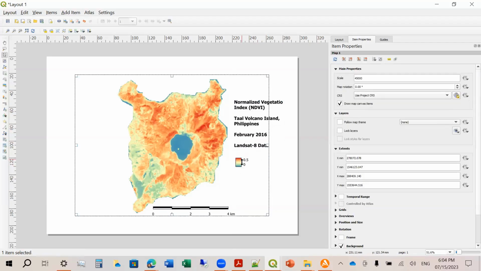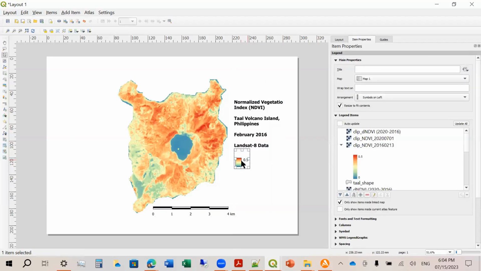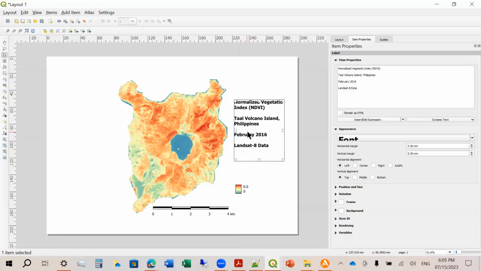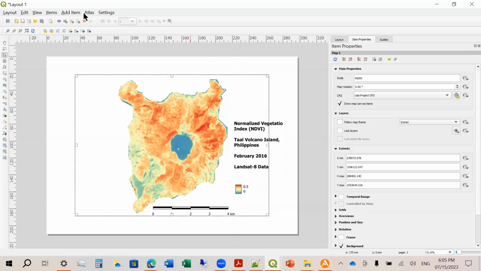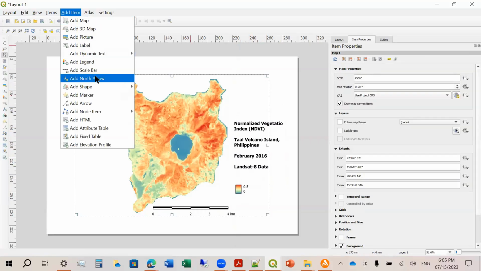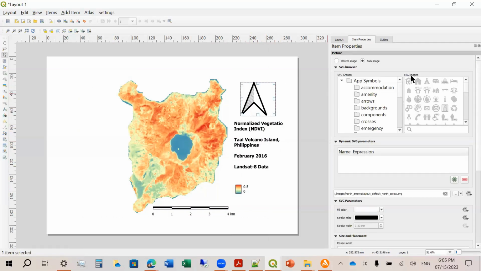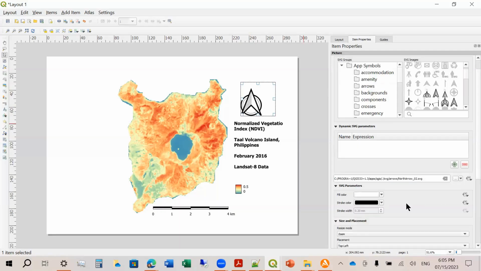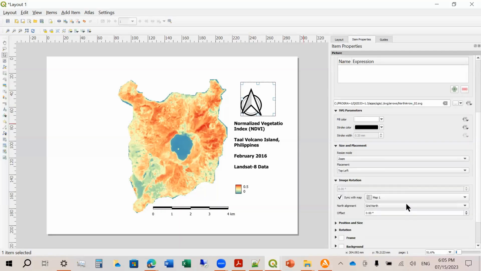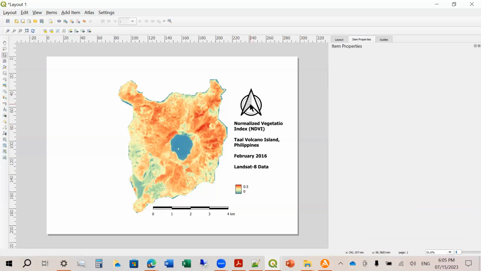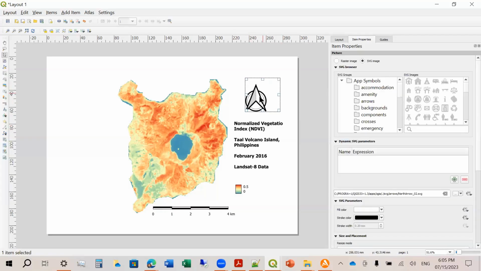So let me just move around now. Let's move the legend here. And then lastly, let's add a north arrow somewhere here. From the images here, you can change the north, let's say with an N and with the circle. So this is now your north.